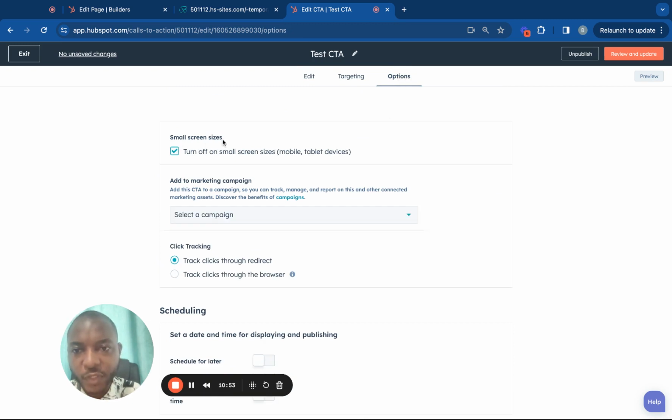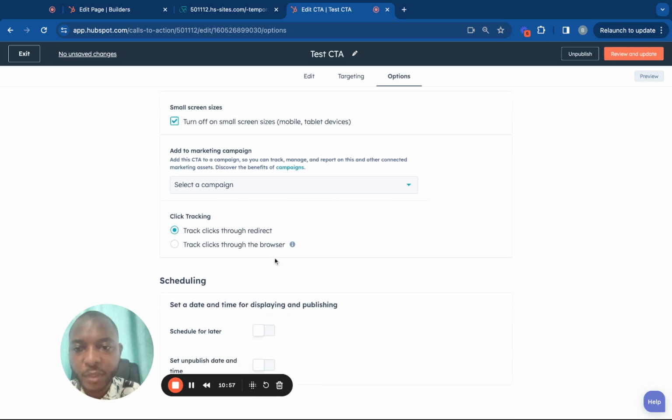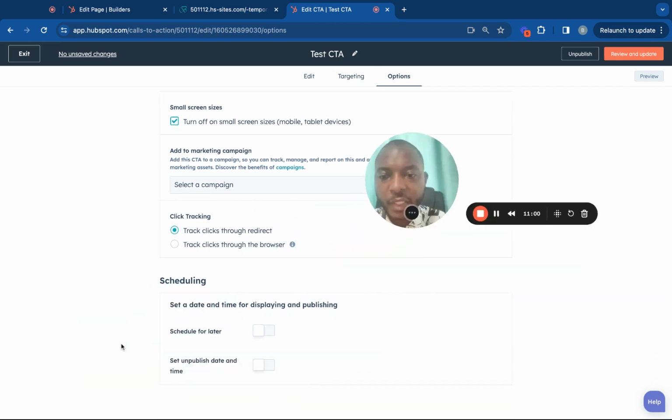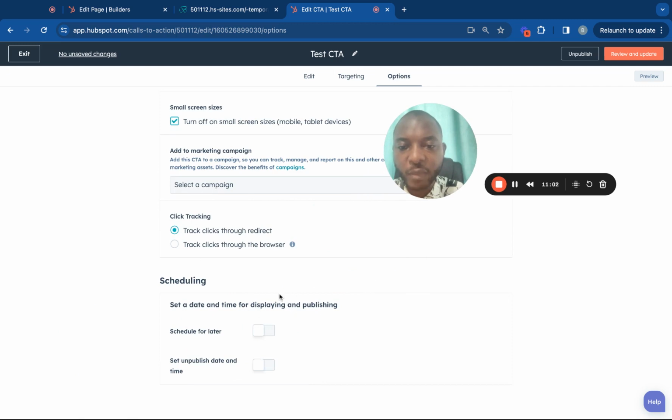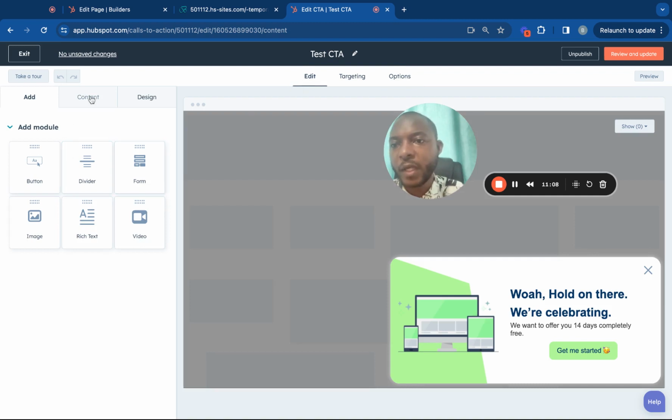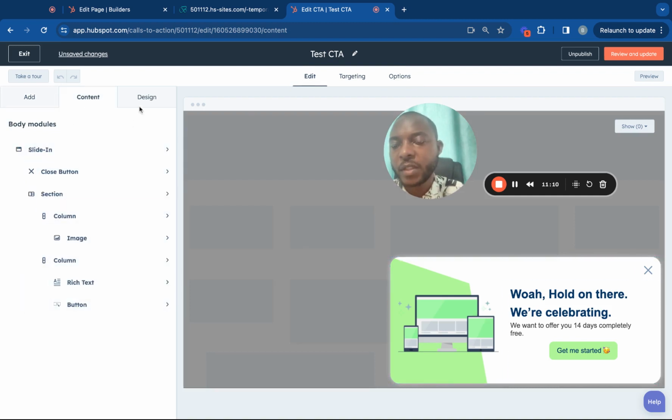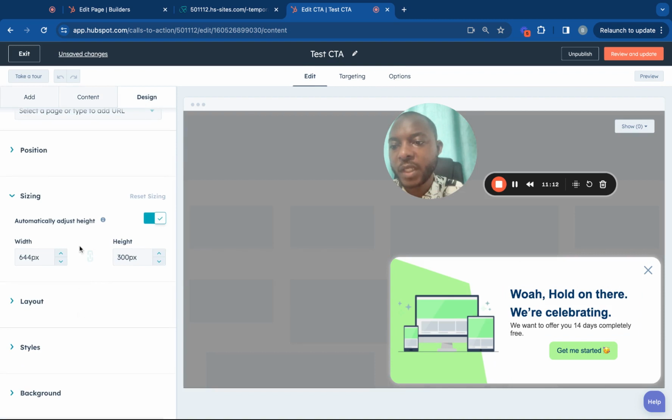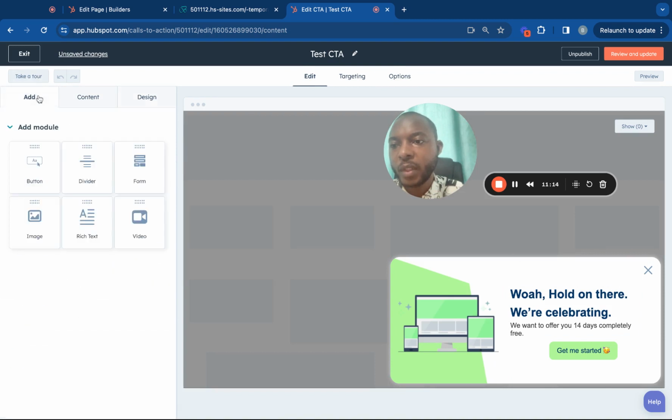Here we have small screen size, turn off on small screens. You can set it up there. You can set up the campaign, click tracking, and then you have a date and time for displaying and publishing, schedule for later, set a publish date and time. Yeah. And then we have the content, the way that it is set up. We have the design and setup. And then here you can add some of the other elements that you want to add in your